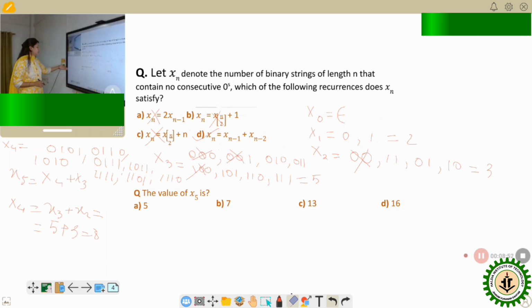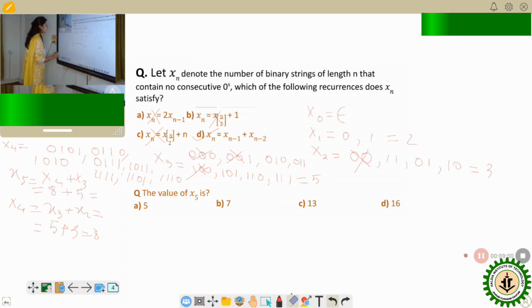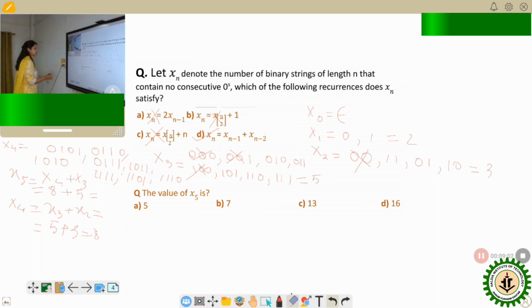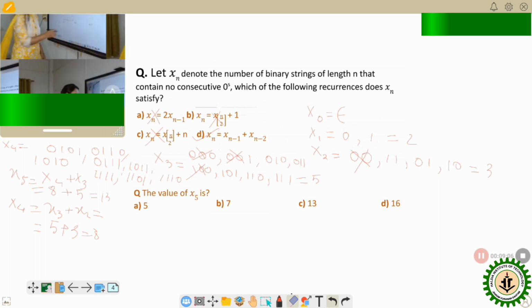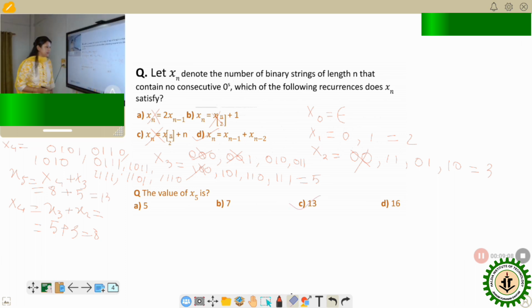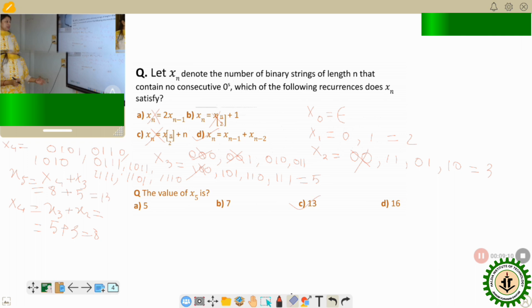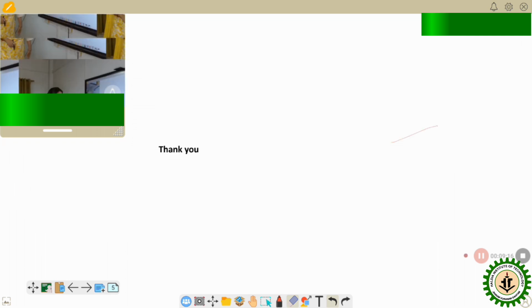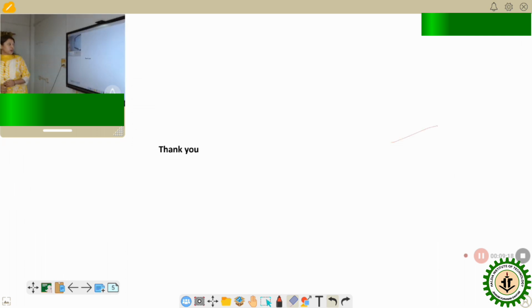So now we know the value of x4. The value of x4 is 8 and the value of x3 is 5. So 8 plus 5 is 13. That means the answer will be 13. So here is option C. So the value of x5 is 13. So now that's it. That is the end of our basic